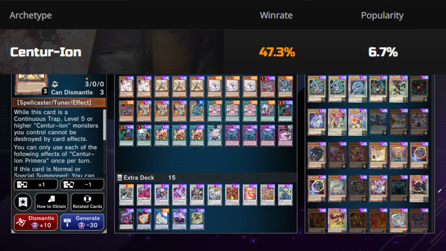So according to the data, which again is all ranked games that took place in Diamond and Master ranked, the second most played deck this season so far was Centurion, which to me is baffling, since I'm not the biggest fan of this deck, at least when it comes to being among the best decks in the game, but you know, I will try to keep my personal biases aside